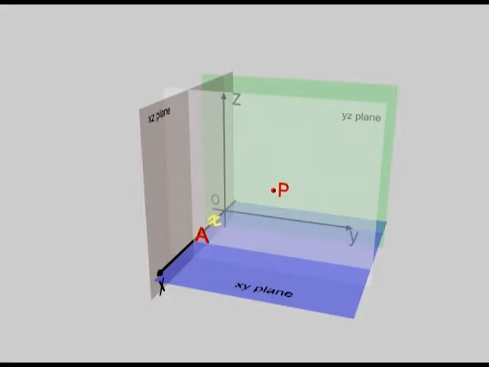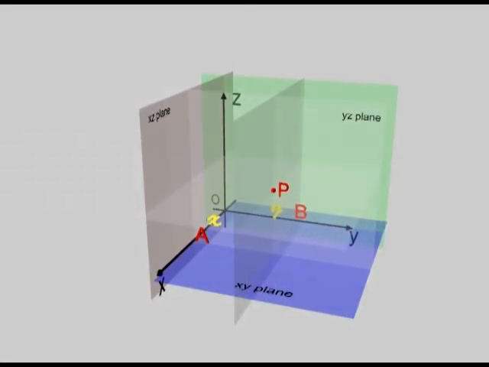The y-coordinate can be determined by drawing a plane through point P perpendicular to the y-axis. The plane intersects the y-axis in point B. Line segment OB is equal to the y-coordinate of point P, and the z-coordinate can be determined by drawing a